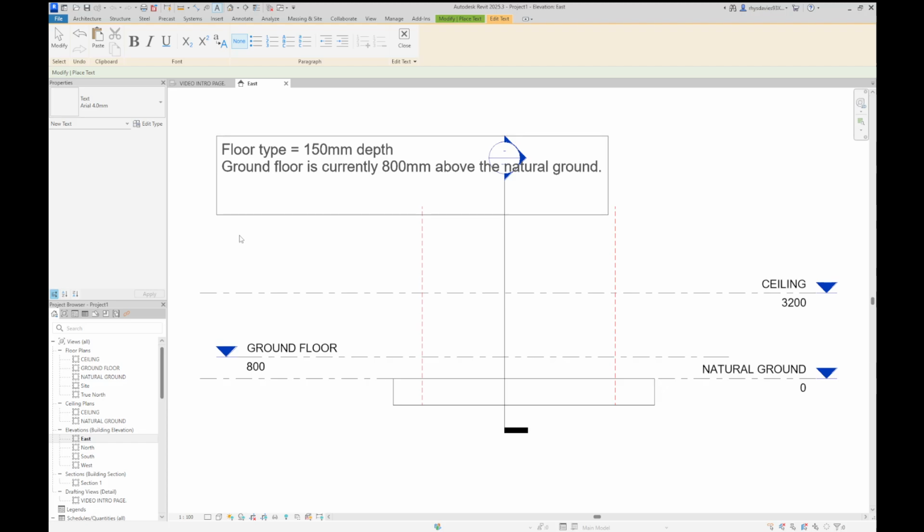So the super quick calculation is I want to move the ground floor and the ceiling at the same time. So we're going to use the move command. The calculation is how far do I need to move them? 800 millimeters for where we are, minus the 150 millimeter depth that we're going to. And if my brain's working correctly today, that should give us a movement of 500 and